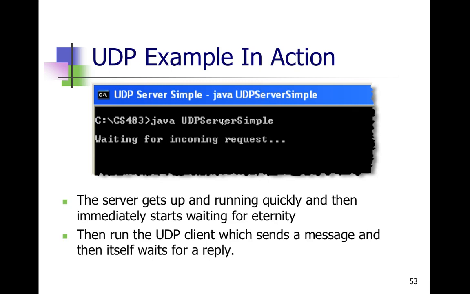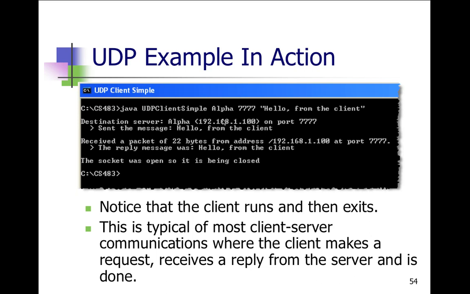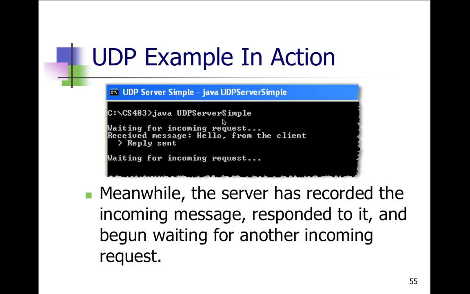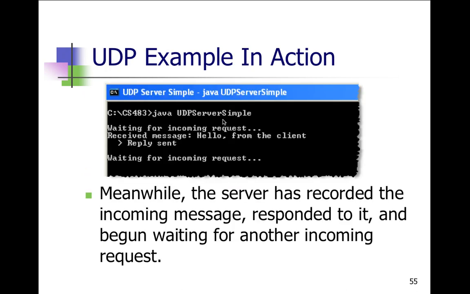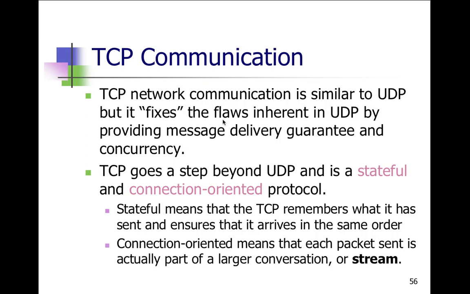So the UDP example that we looked at, just to refresh your memory, started a server. The server waited on a port. Then we connected with a client, and the client sent it a message, and then the server sent the message back to the client, as we've seen. We had the UDP simple client just sit there and wait while the server was communicating. So we can see that was a connectionless type of protocol